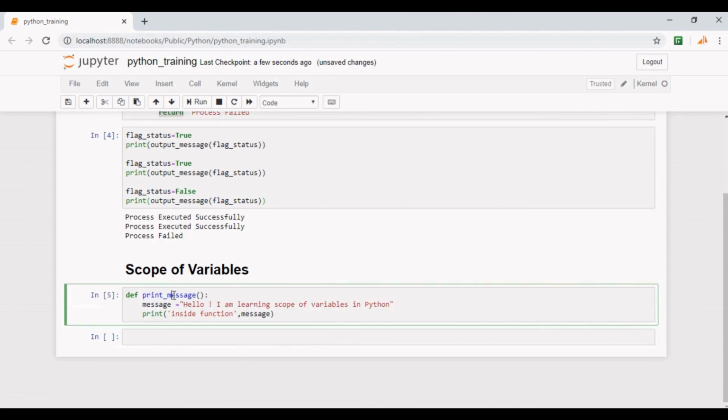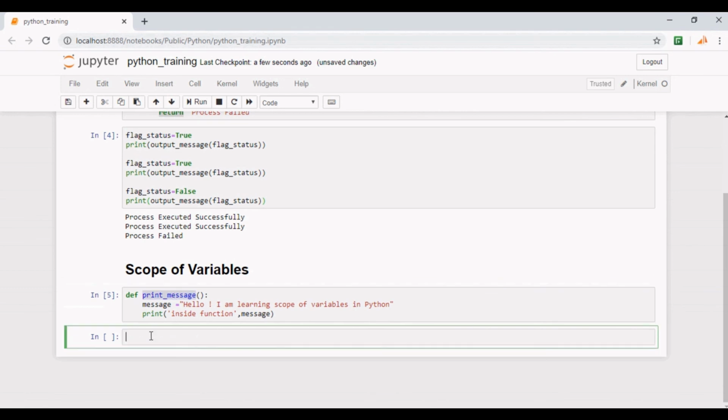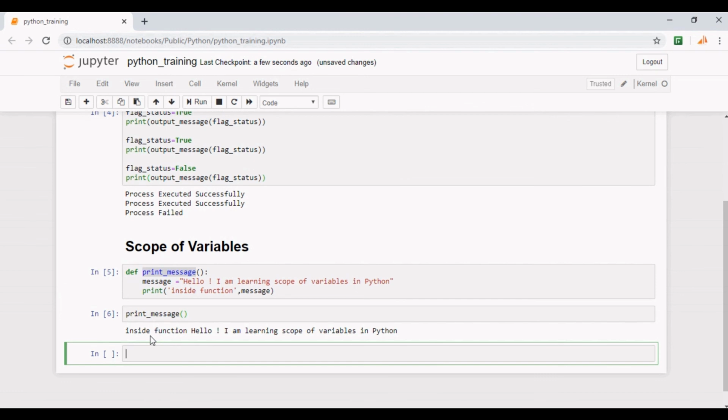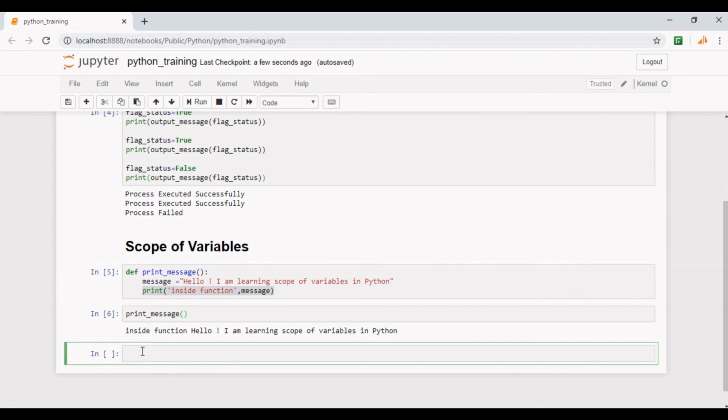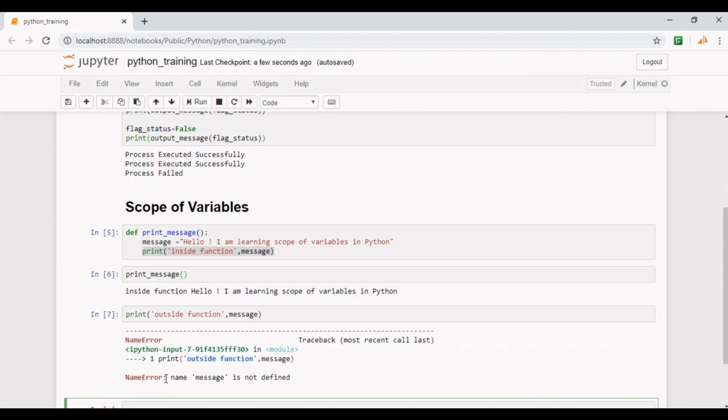And now if I call this function, let's run it. You see we are able to access this variable. But now if you put a print statement outside this function, it throws an error, variable message is not defined, which means we cannot access this variable message outside this function because it is a local variable.